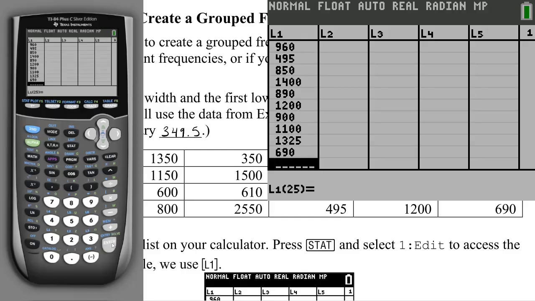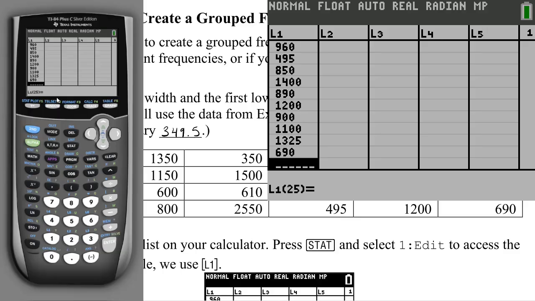You may have noticed that while I was doing that, I made a mistake. I accidentally typed 1400 here instead of 1200. And to fix that, I used the up arrow key to go to the row where I'd made the mistake and then I typed the number I actually wanted. So if you want to fix one of your numbers because you typed it wrong, you can use the up and down arrow keys to select the number you typed wrong, and then you can fix it. Okay, so